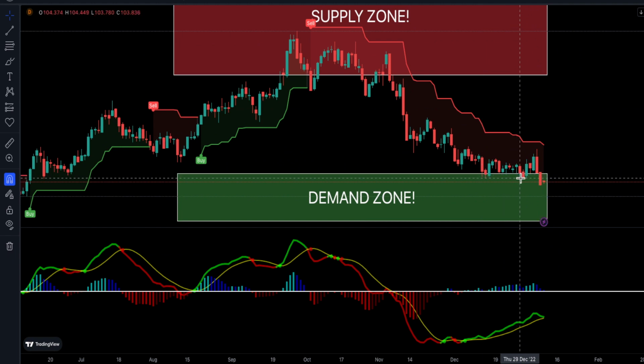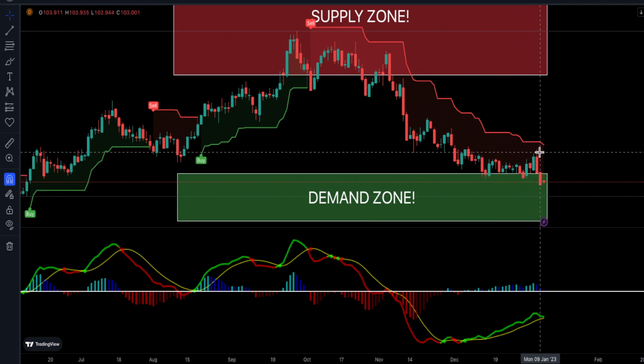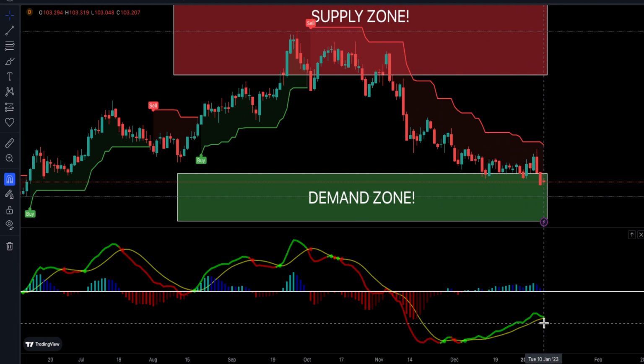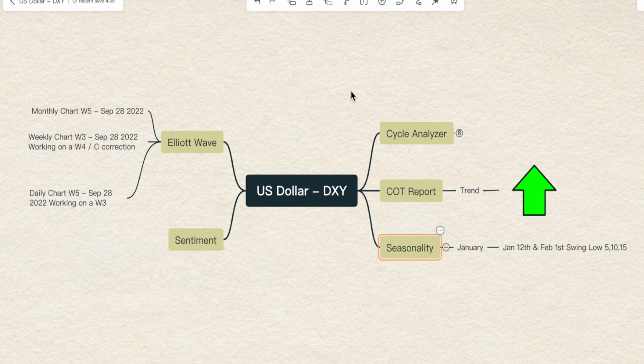So we got this nice long consolidation pattern within the demand zone. I was assuming we were going to go higher here, but that didn't play out. It looks like we're about to have a MACD crossover. You can see some weakness. A report came out Friday and tanked the dollar. So that's that. On my mind mapping, this is pretty much where my thoughts are, seeing the big picture of things and just building this up.